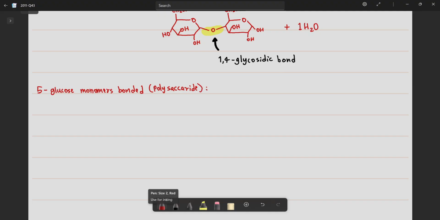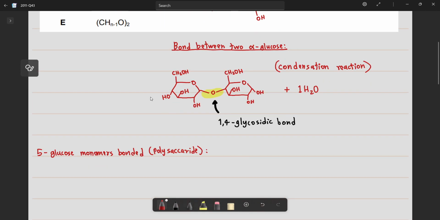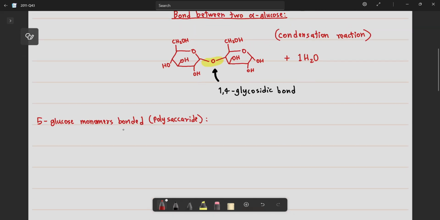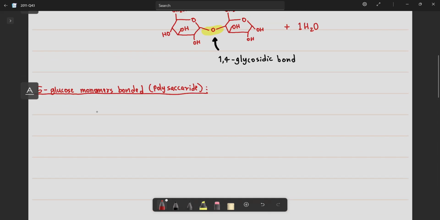Polysaccharide. For this diagram that I drew here between two glucose units, this is a disaccharide, meaning it has two glucose. This one is going to be a polysaccharide, more than three glucose. So you have a total of 5 glucose monomers here, and since we have 5 glucose monomers, there must be a total of 4